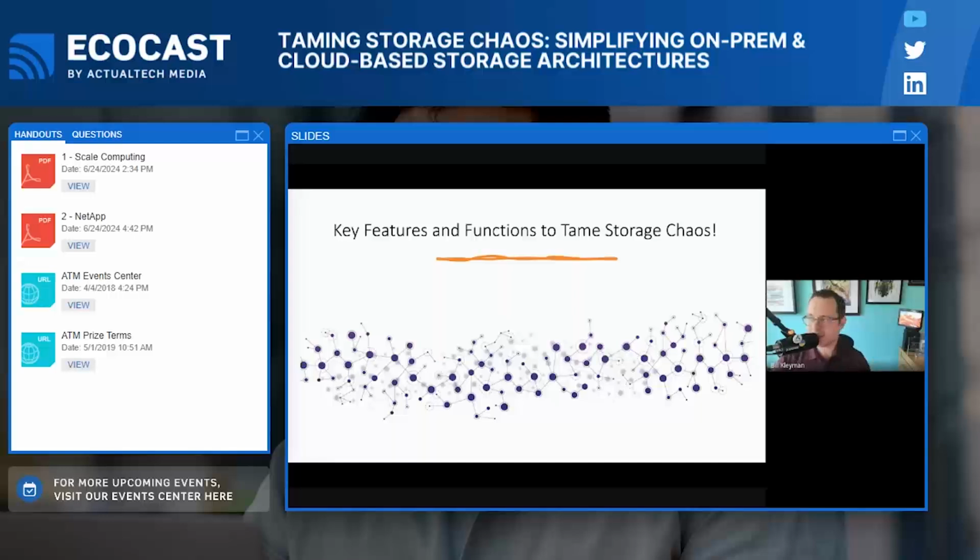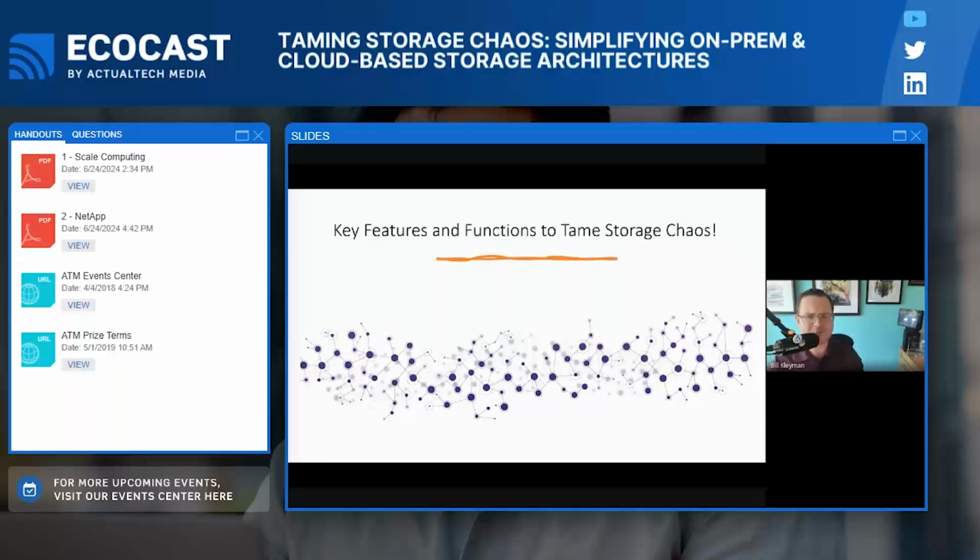This is a moment where, as you listen to this entire presentation, you just grab a gold nugget, find something that's interesting to you, and at least go back to your existing organization and say, are we doing this? Are we deploying these kinds of storage functions or features? Are we actually enabling our users? So let's dive into some of these, and I'm sure you're going to hear about some of this as we go through the conversation.